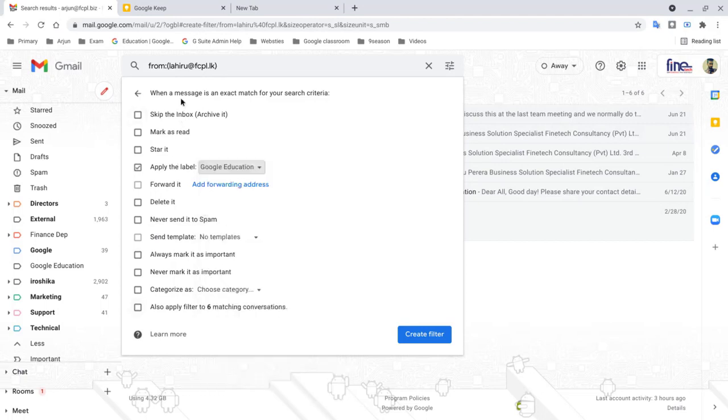So whatever comes from lahiru at fcpl.lk goes to the Google Education label. And the next thing would be the last option, which says also apply to six matching conversations. So what does it mean by that? It is like, whatever has been filtered, the email IDs I have received. There are altogether six emails which are in my inbox already, which I received